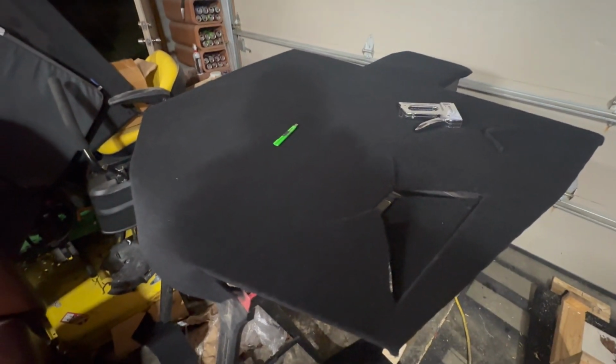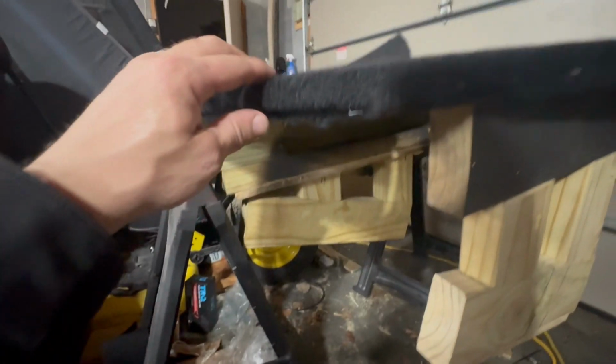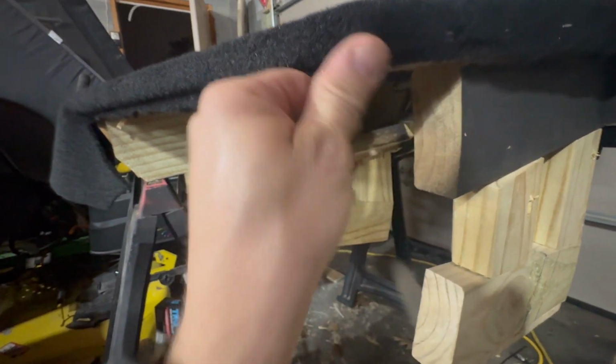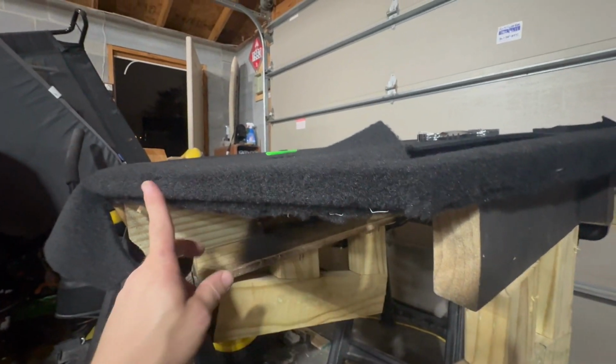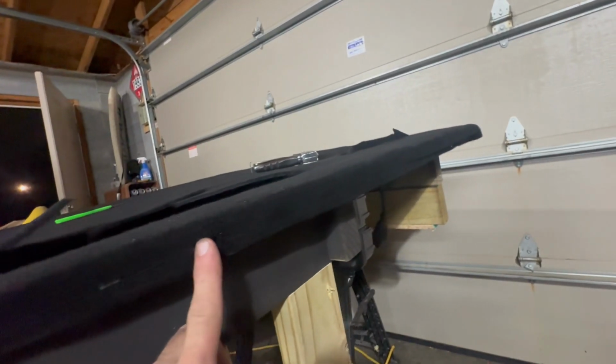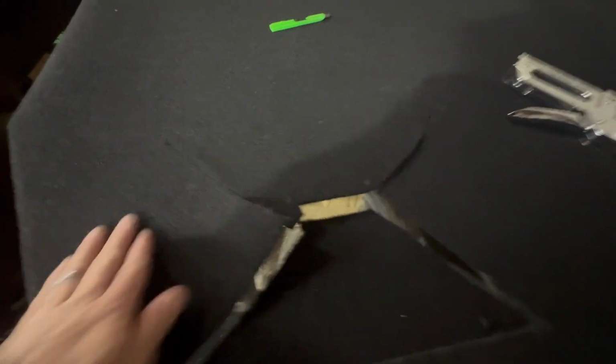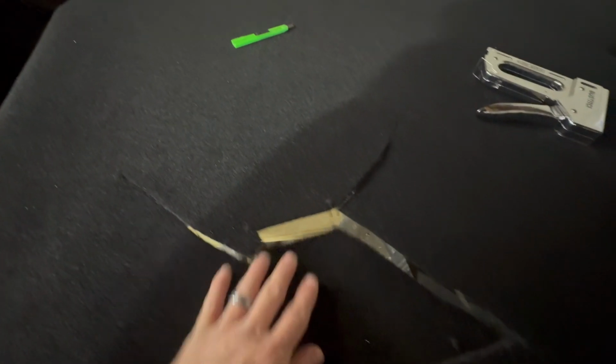I am now getting started on the carpet. I have already gone around. I got to do a little bit of trimming to get those corners to sit right. But I got a lot of the trimming going around. I got the size set up. I'm working on the first hatch. So what I do is I go off of each corner, fill it in, cut it down, and then I'll take the staple gun